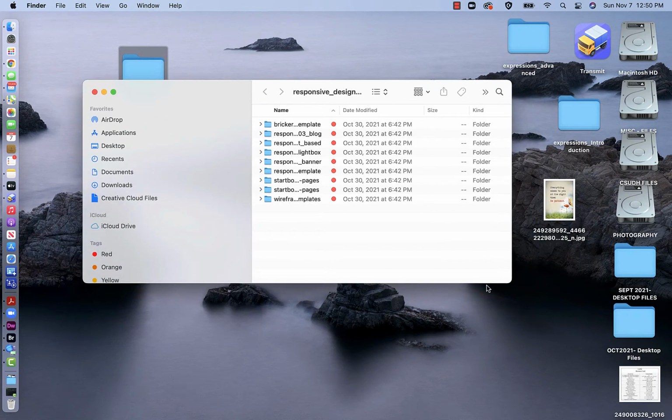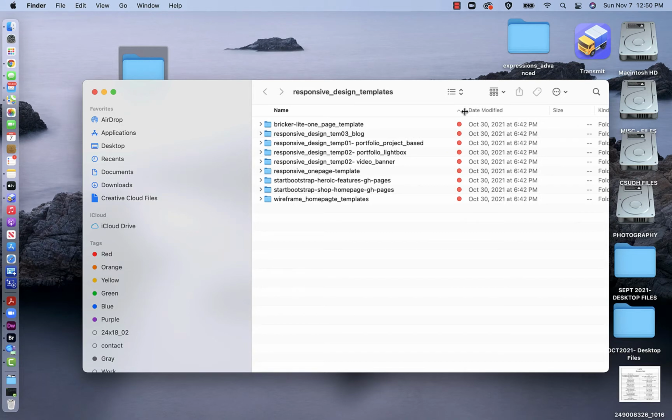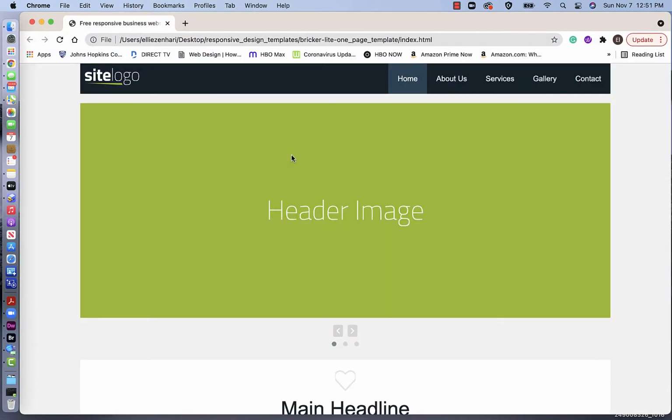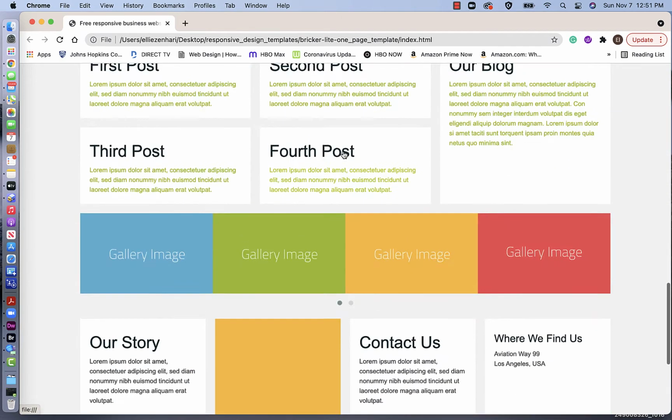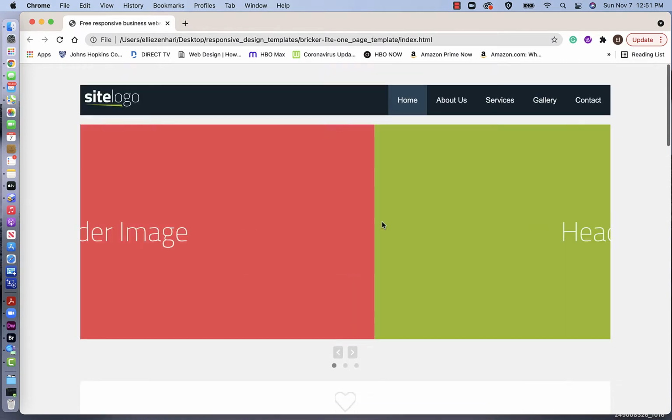In this tutorial, I'm gonna go over how to use responsive design pre-made templates and change the content. So basically, these are a whole bunch of different templates, and as you could see, for example, if I open up this one, you have a slider, you have your different pages, but you would have to make these additional pages, and you have areas for the gallery,